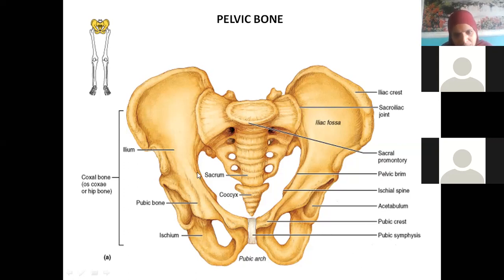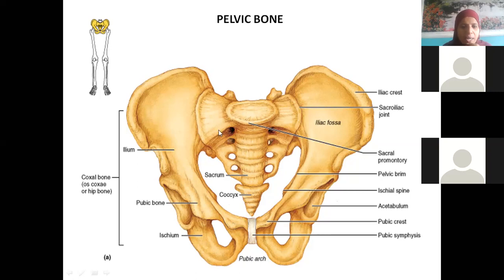Now see here, there is this round structure. This is called the pelvic brim. Overall, when you look at this pelvic cavity, it looks like a wash basin, like where we wash our hands. In this wash basin, the area above the pelvic brim, as I told you while discussing the perineum, is called the true pelvis or? Very good.